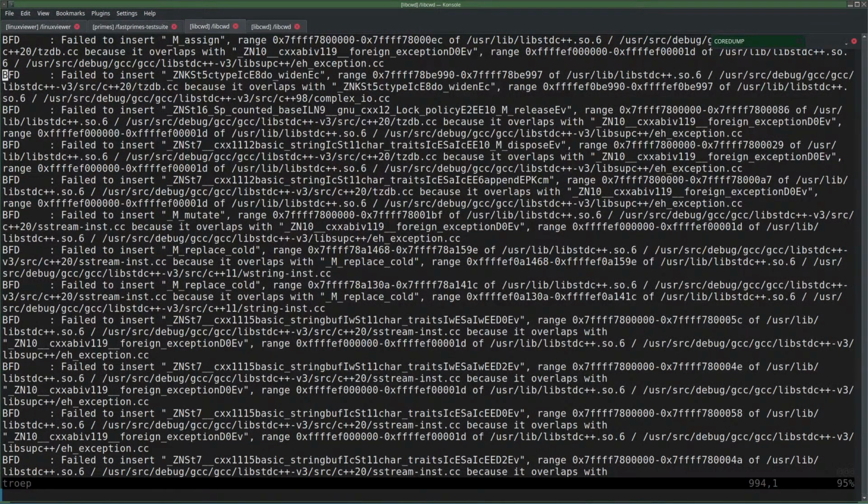No, just use this one. Filter, insert some name, range of user libstance plus that slash, that is then, yeah, and because it overlaps with something else,